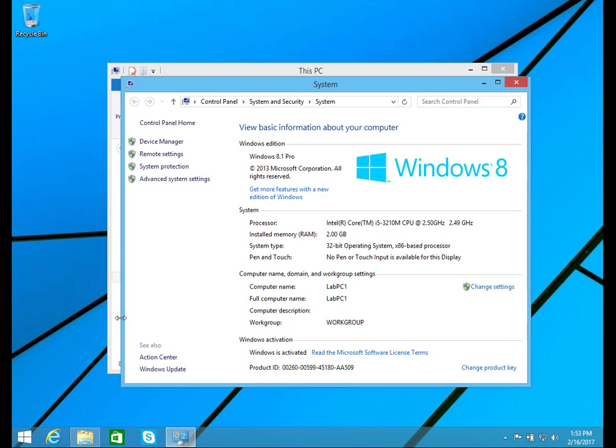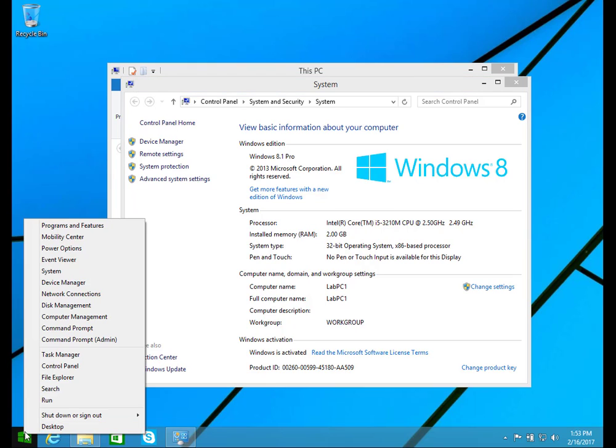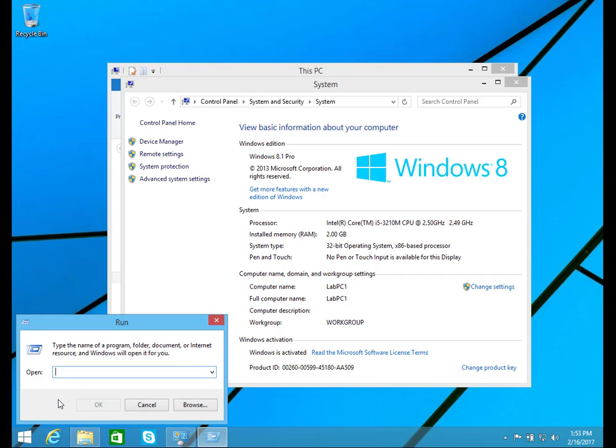Now if you're an old school technician like myself and you want to go into your system information window to see a little bit deeper information about your system, so you want to use the old system information utility, you can still do that. If you remember, I said you can go down here and right click to get to your quick launch. You'll see we still have Run here, or you can still use the shortcut of Windows R to bring that up. You can type in